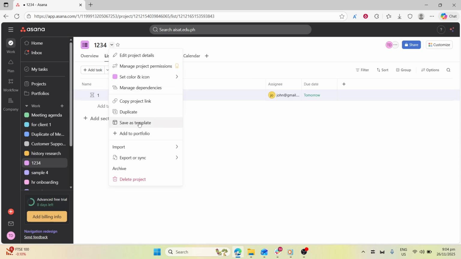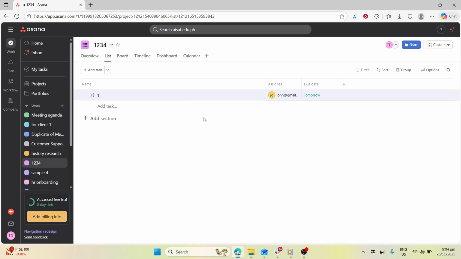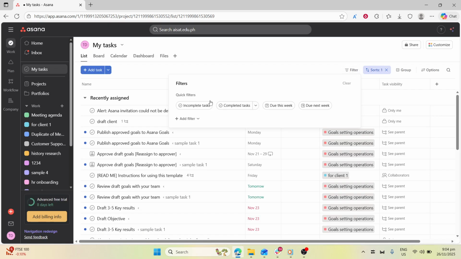And when you've built a project that works well, save it as a template to reuse the structure across future projects. Finally, review and optimize. Make My Tasks your daily command center for everything assigned to you, and sort or filter it so the most important work stands out. Connect Asana with tools you already use like Microsoft Teams to centralize updates and cut down